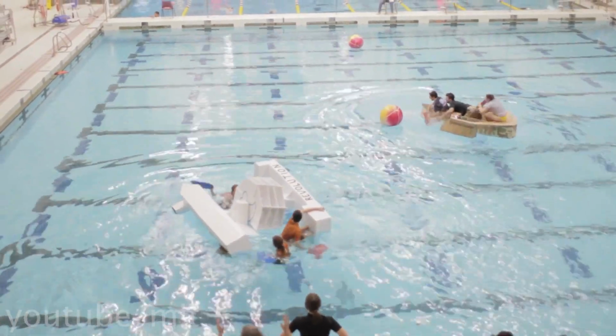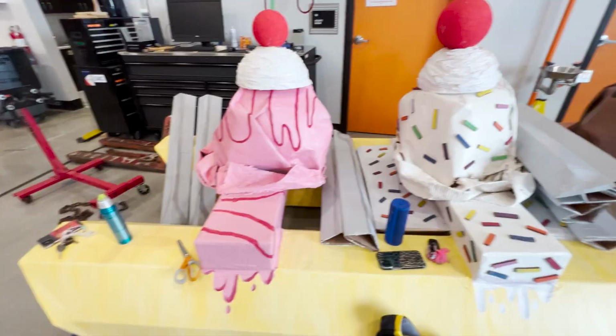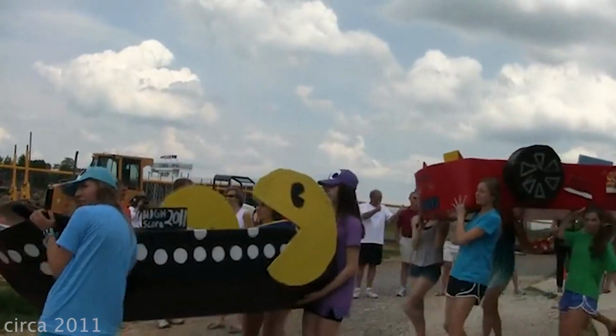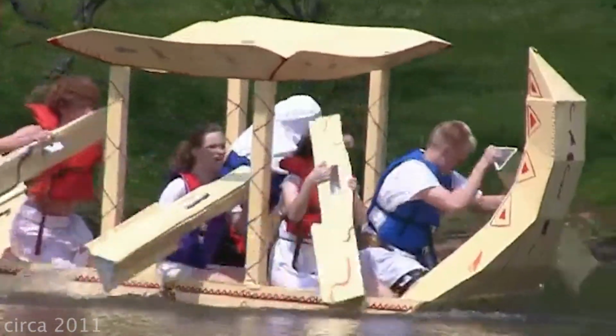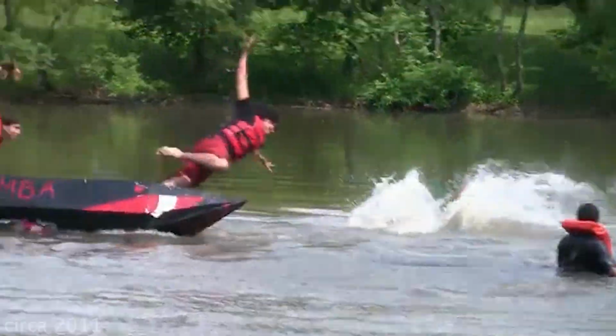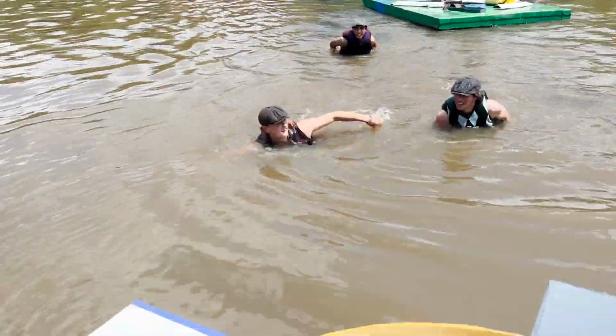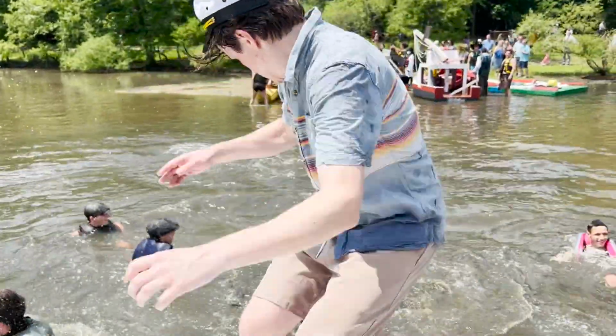Every cardboard boat race is different, where some races are about speed and some are more about design and aesthetics. My high school's race has been around for over 30 years, and to win, you need your boat to look good and cross the pond in one piece. Unfortunately, the boat race was canceled my senior year, and I couldn't build one last boat with my friends. So this year, we decided to right that wrong and crash the race by throwing a yacht party with the